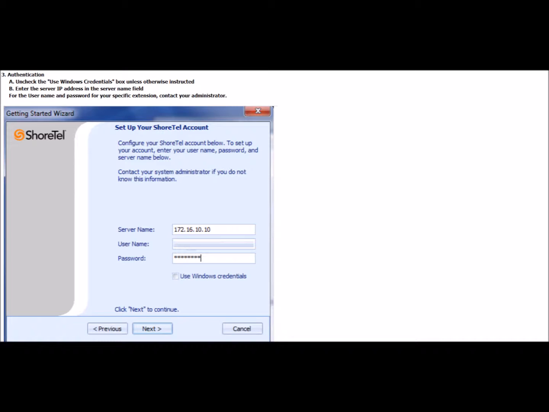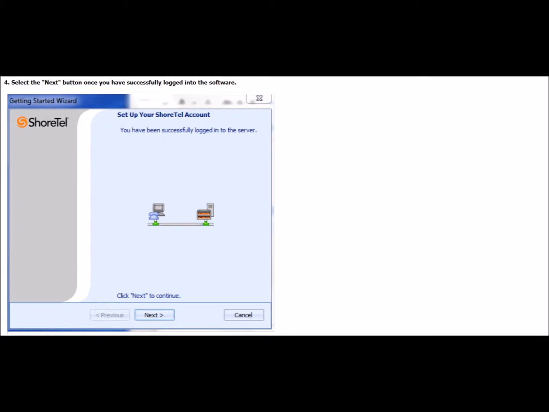So if you've forgotten your password or are not sure what it is, go ahead and reach out to one of your administrators and they can assist you in setting that up. Once you've got that information correctly in there, you want to make sure that the box for Use Windows Credentials is unchecked unless you've been otherwise instructed to do so. Go ahead and click Next, and it is going to let you know that your account has been successfully logged